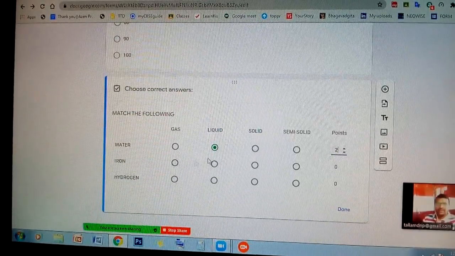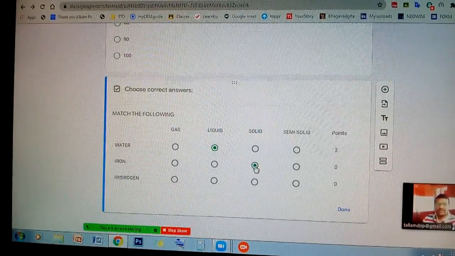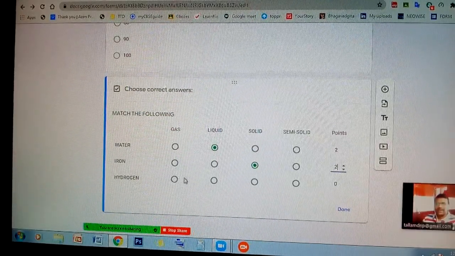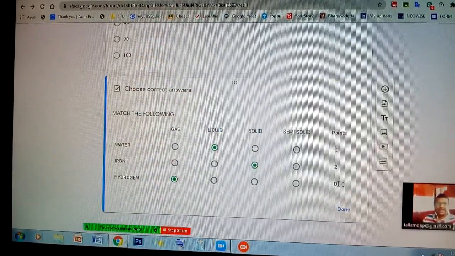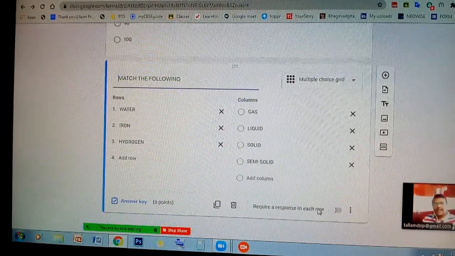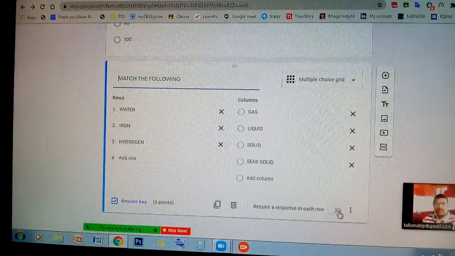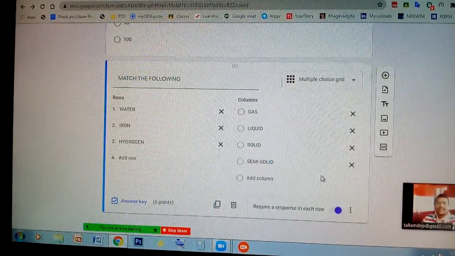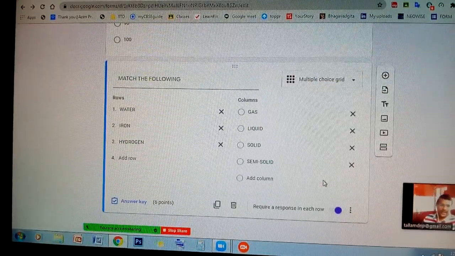Next, iron, it is a solid state substance, select the solid circle, give the marks 2. Next, hydrogen, it's a gas. 2. Then done. Next, select required. So like that we can prepare a variety of questions.